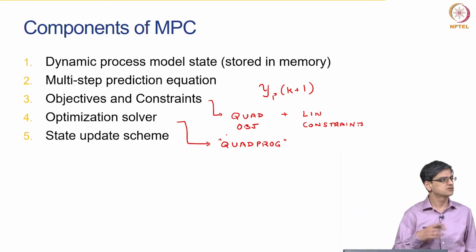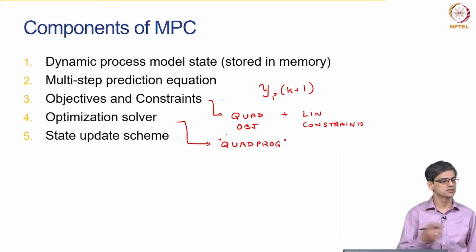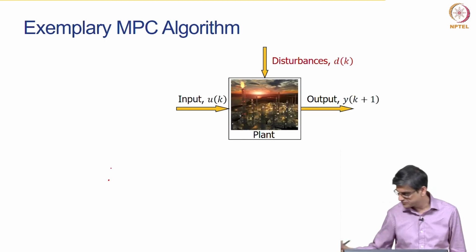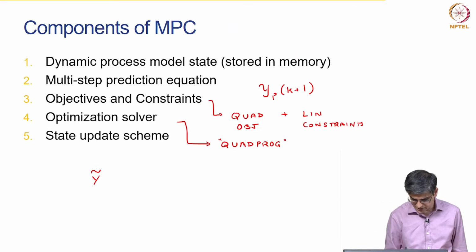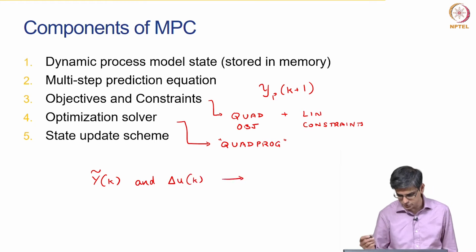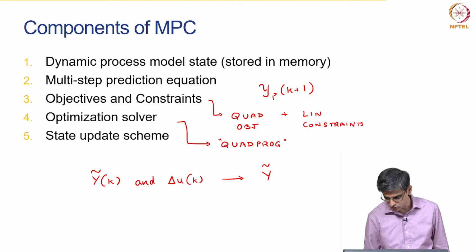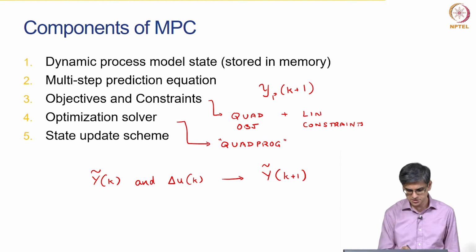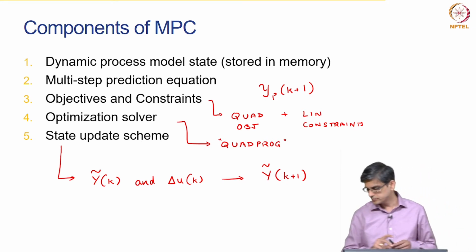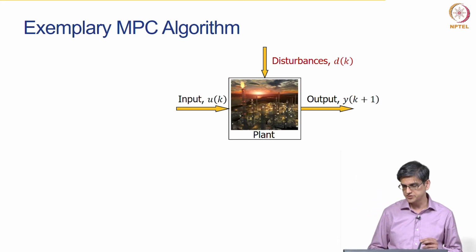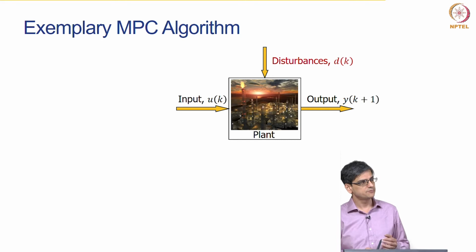State update scheme is something that we have talked about much earlier, in module 2 itself. What that means is given y tilde k and delta uk or uk, whatever the case may be, how can you go to y tilde k plus 1. Okay. That is the state update scheme. Okay. So, let us now talk about the details of these various components, and then we will take up an